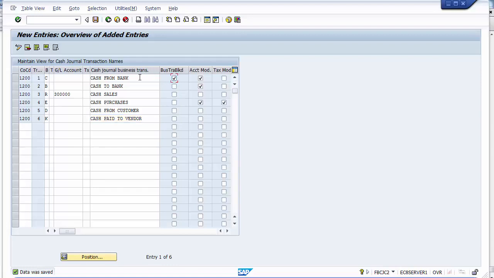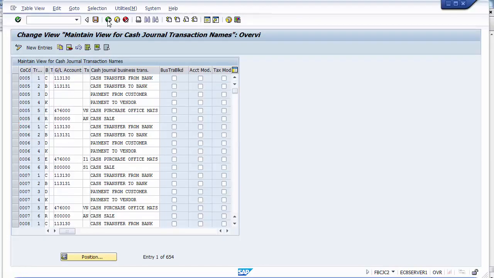suppose I take this, so you will not be able to use this business transaction for posting cash transactions in the system. So this particular field works as a business transactions block, which blocks you from posting to that particular business transaction. So right now we will not be taking it over here, we'll take it off. So this is how the customizations you need to do for your business transactions creation. So as that has been done, now we can go back to the path again,